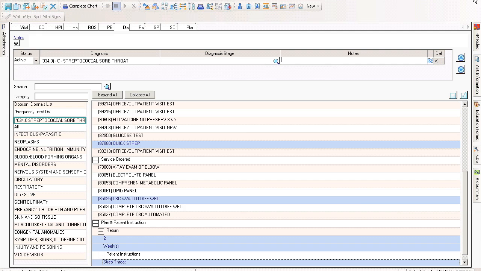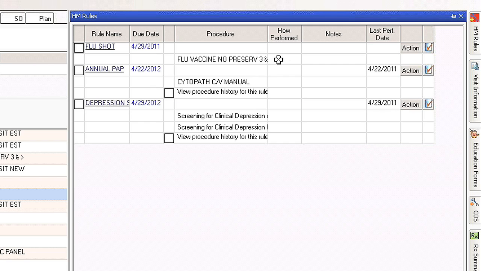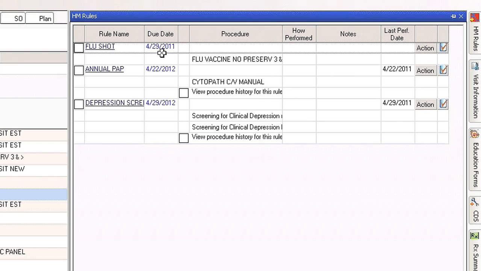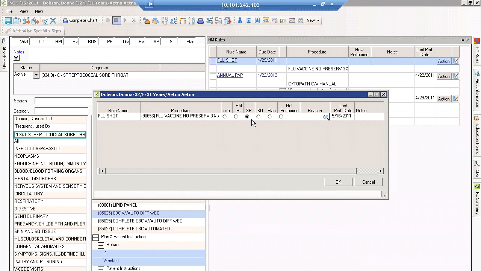On the right-hand side, you also have access to health maintenance rules. These health maintenance rules are built based on a patient's age, gender, and medical history, letting you know if there are any items that are due for this particular patient. For example, pap smears, mammograms, colonoscopies, flu shots, and depression screenings. You see when the patient is due for this particular item. When you perform this service, you select Action, and you add it to your Services Performed and bill the patient